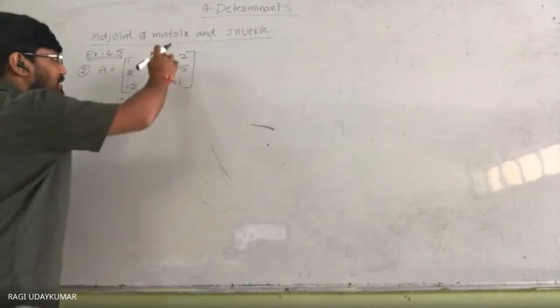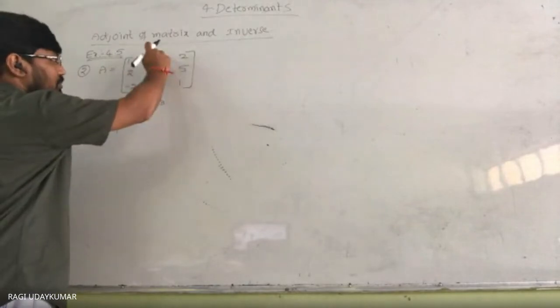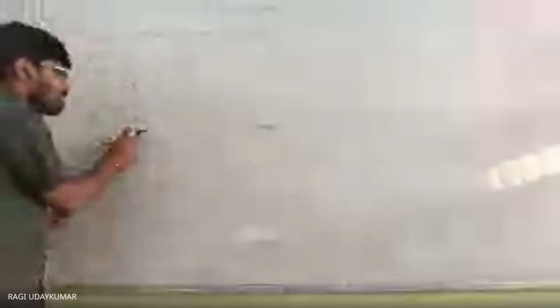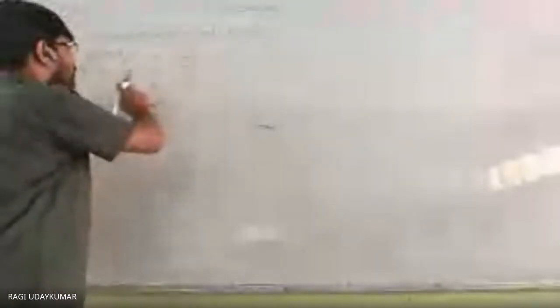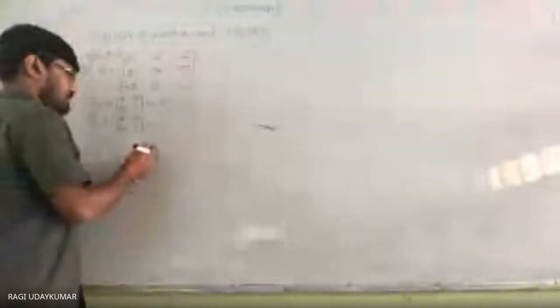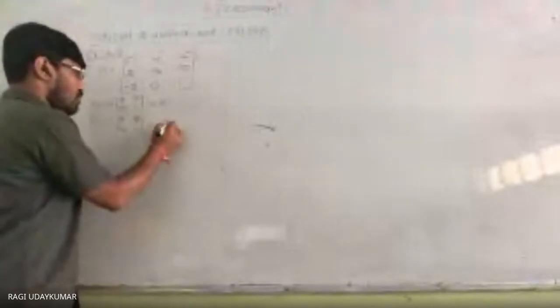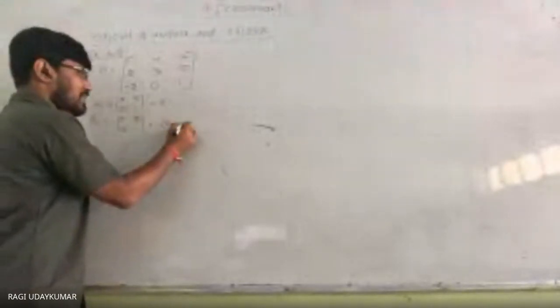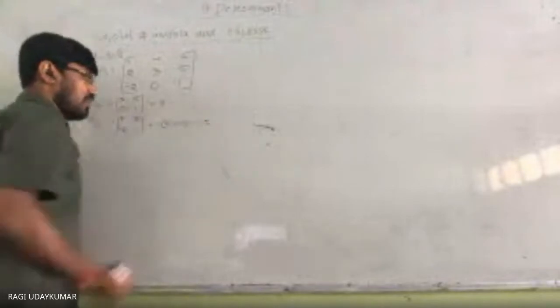Directly I am writing minus. So first row, second column is deleted, and we are going to get the matrix 2, 5, -2, 1. This is what everyone has to do. And the mistake most students commit, I already told you: instead of writing this step, they imagine that this one is deleted, that one is deleted, and calculate directly. You can do that after getting practice. So minus of 2 plus 10, which is equal to -12.